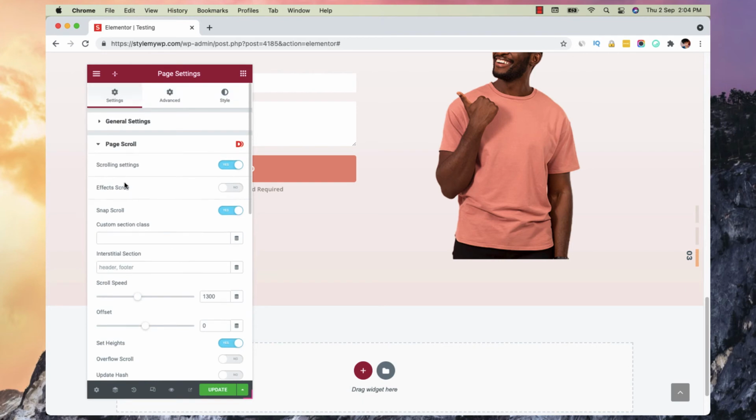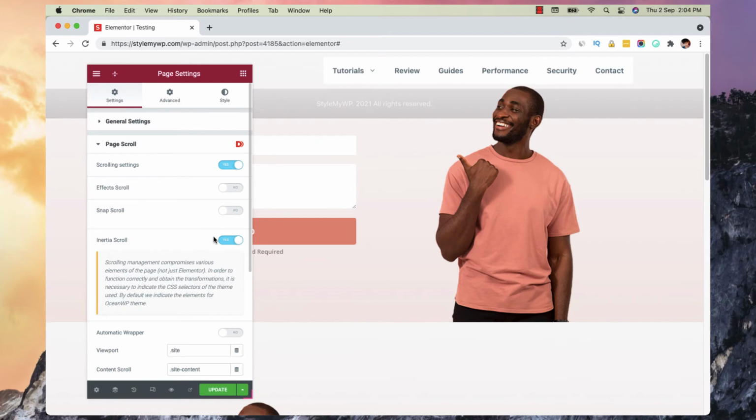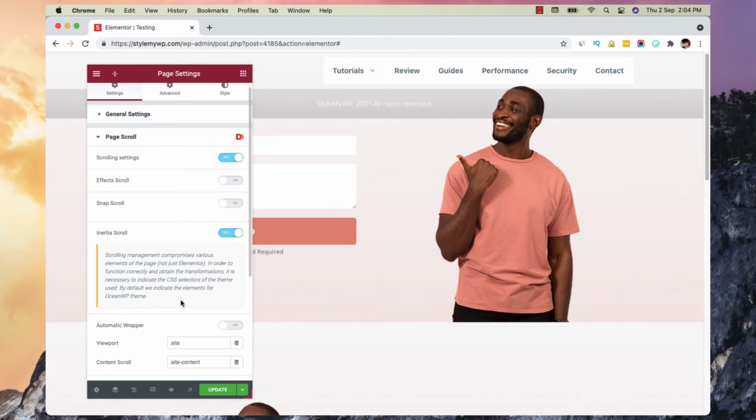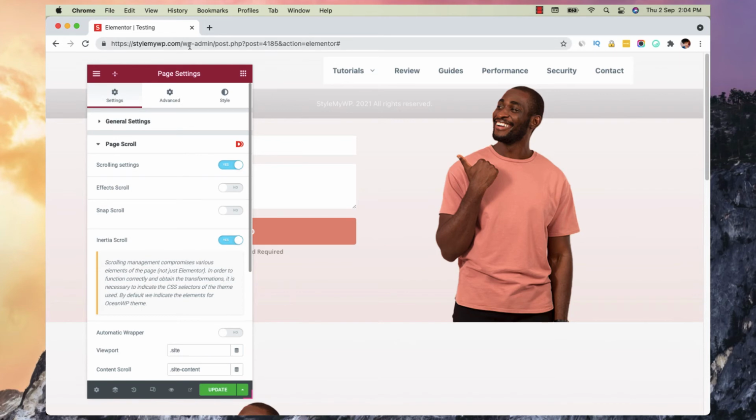And let's now move forward to inertia scroll. When you enable this option, you have to understand the elements of your theme that you have installed, right?